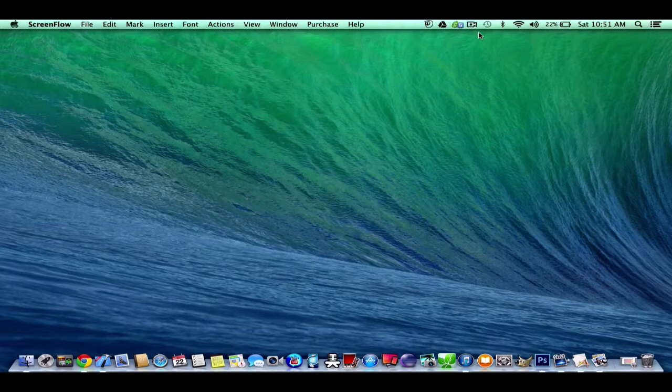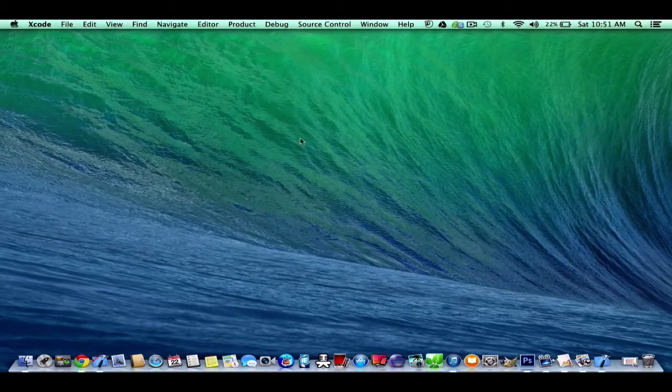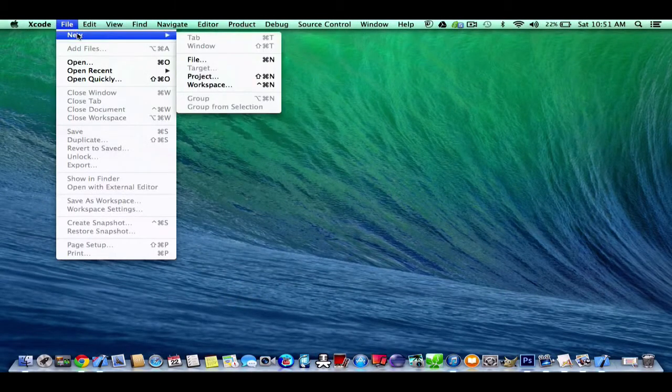Today I'm going to show you how to actually run Xcode on Mac OS X and tell you about the main things that you need to know before using Xcode. So let's go ahead and launch Xcode. Once you launch Xcode, go to File, New,